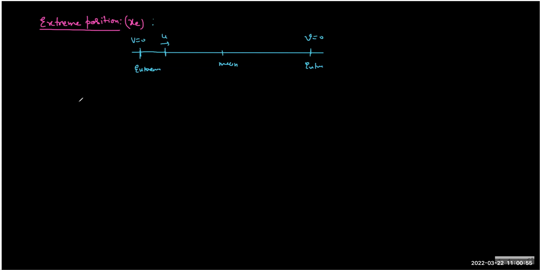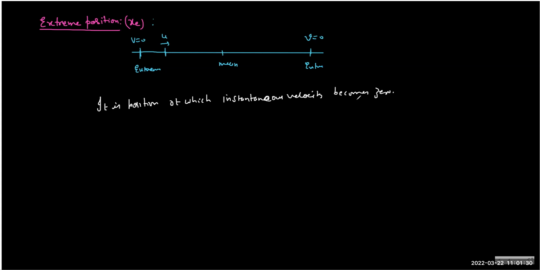So the simple idea is, it is the position at which instantaneous velocity becomes 0. Now you cannot say the force is 0. The only thing you can say is the instantaneous velocity is 0,